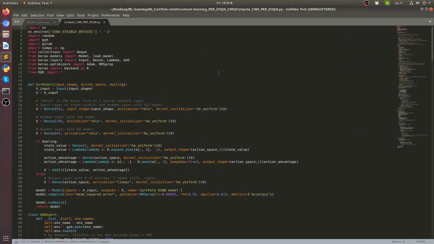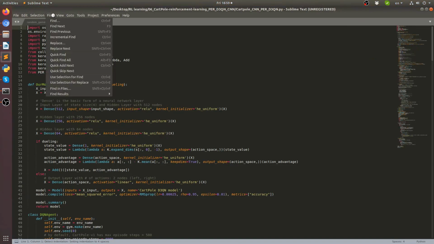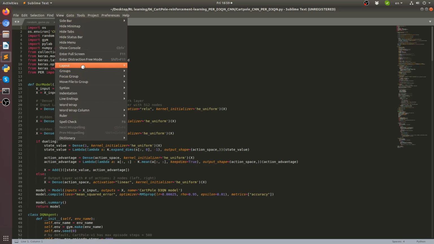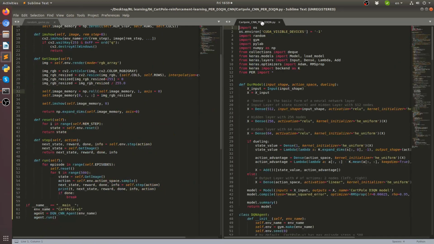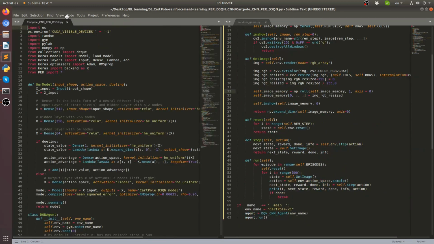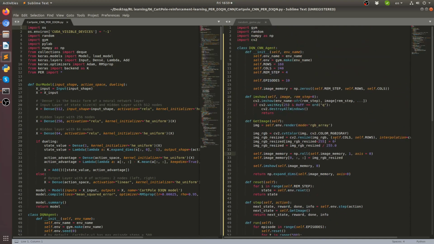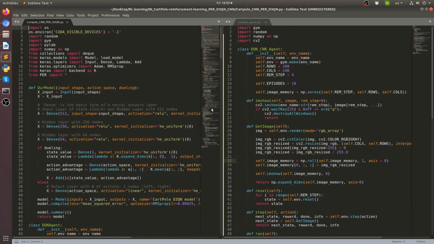In Sublime, I'll change our view. So view, layout, and 2 columns. Here I'll use a random game, and here will be my main code, so you can see everything more clearly. Sorry if you can't see the full code here, but this way it will be easier to show you